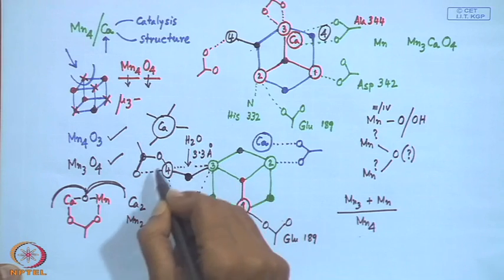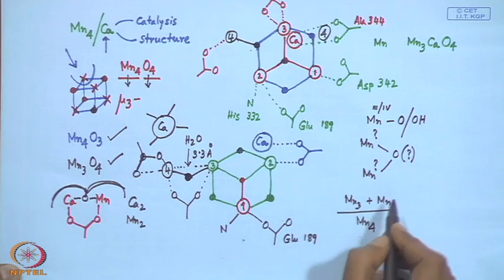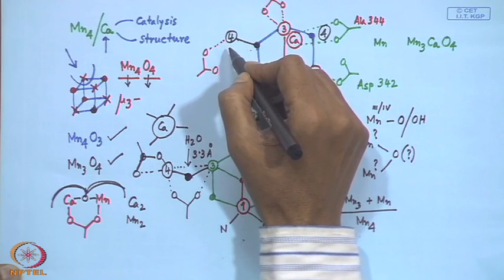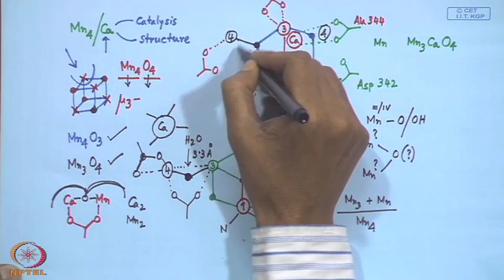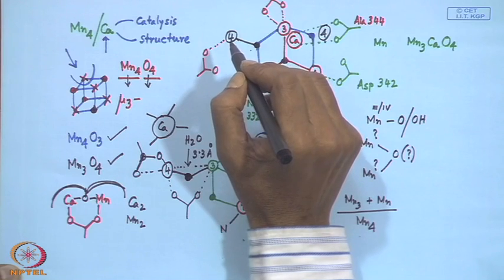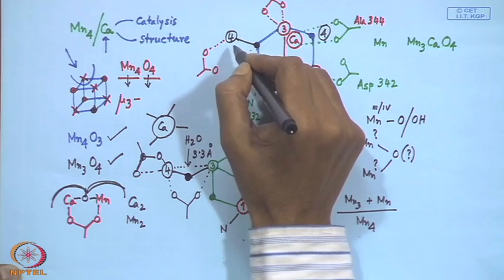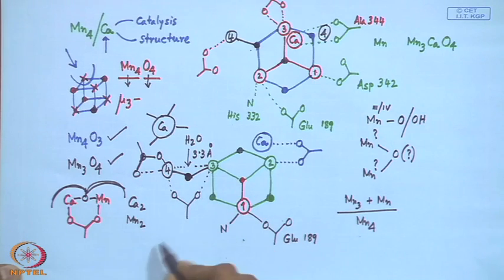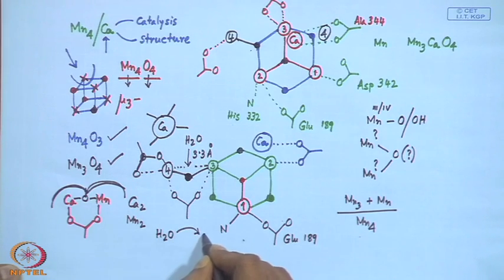That means it is tightly bound to the M3 unit. It is not very loosely bound. Earlier we can consider this a dangling, pendant one. This fourth manganese is a dangler, that is why I call it a dangler, but when it forms a firm bridging, it is within this cluster, and that basically tells us how this particular one is responsible for accepting a water molecule,